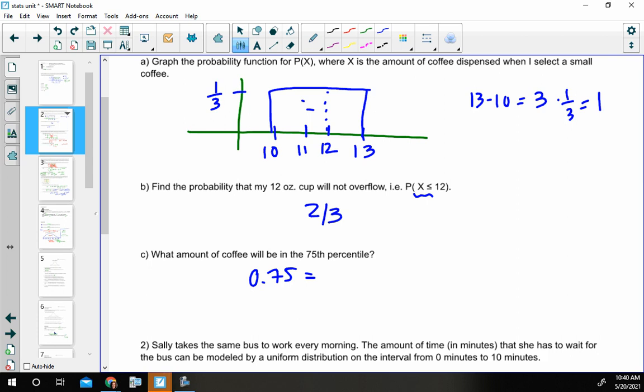Okay, I do base times height to get the percent. That's what we did on the last page. So if I'm trying to find my 75th percentile here, I need to figure out where that is in my amounts of coffee. So what should I represent that as, if I don't know what it is? What can I put right here? Because technically it can be anywhere.